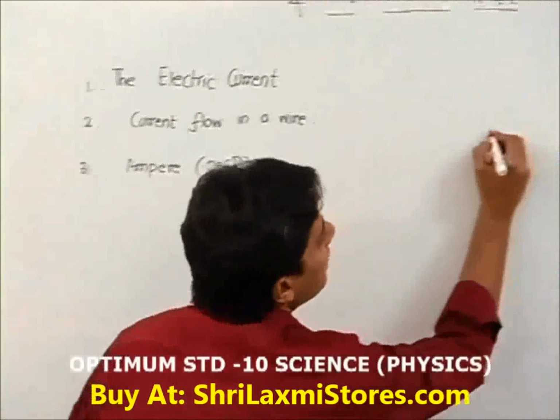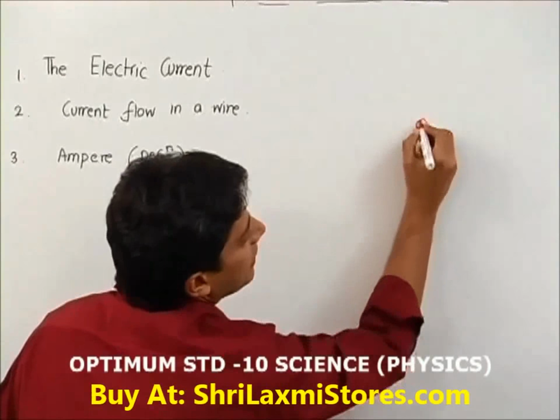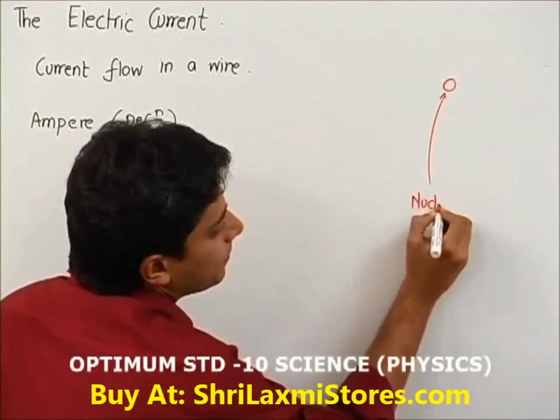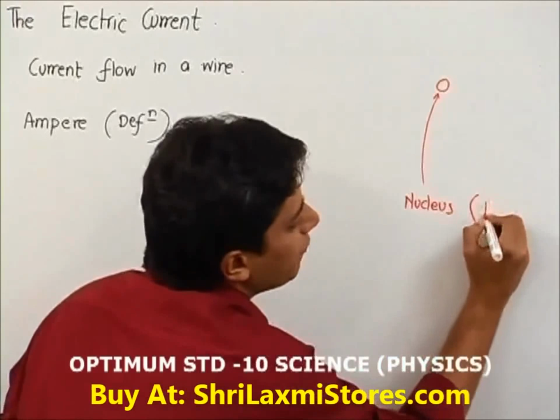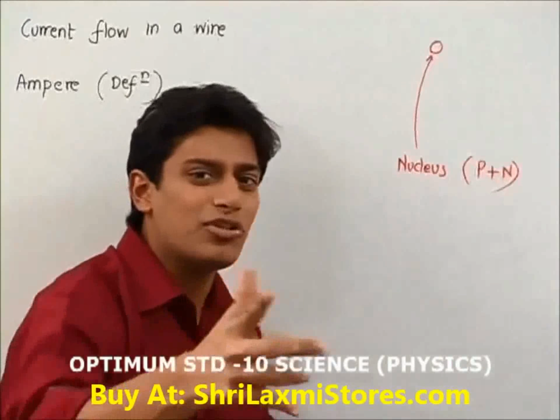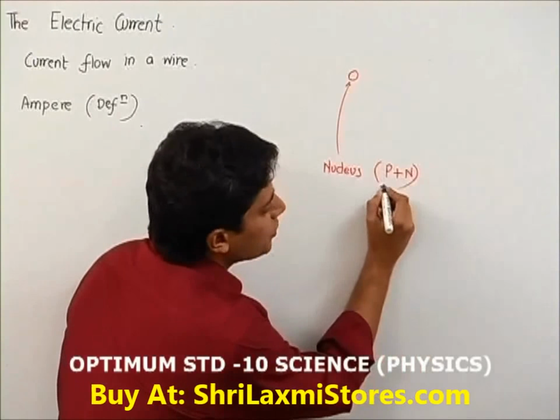Now students, you must have always seen an atom. When I'm talking about this, this is the nucleus of an atom. You know, the nucleus consists of protons and neutrons, right? Protons are positively charged, neutrons have no charge at all. So tell me, protons are positive